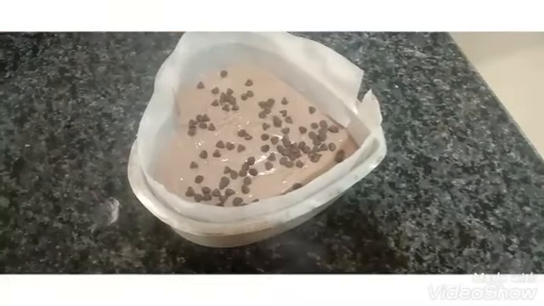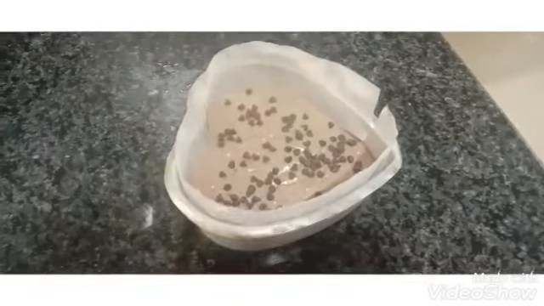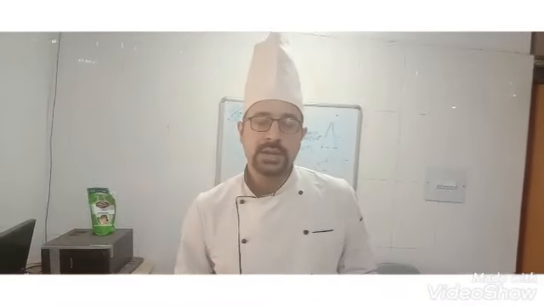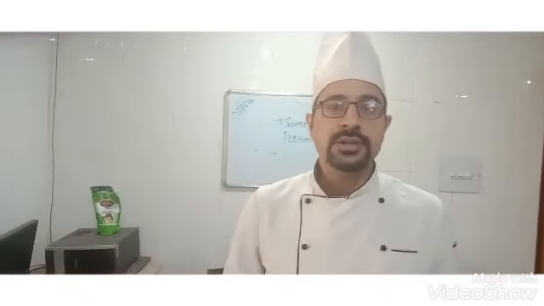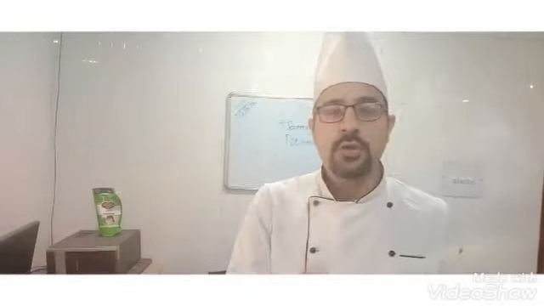So in this way, our chocolate sponge cake is made. We will bake it for some time, and after 35 minutes, generally a sponge cake takes 30 to 35 minutes. Then we will cool it for some time, take a slice of it and show you in the next video. Okay, thank you. So welcome back.